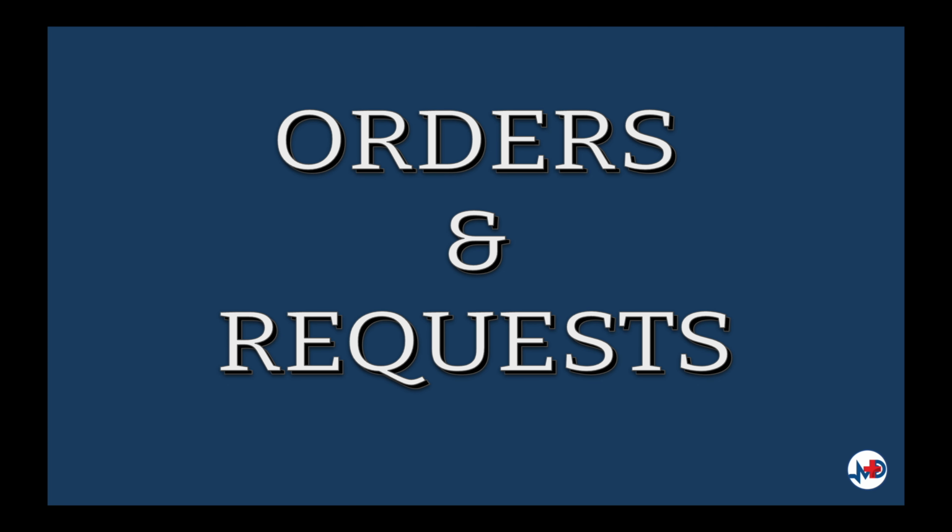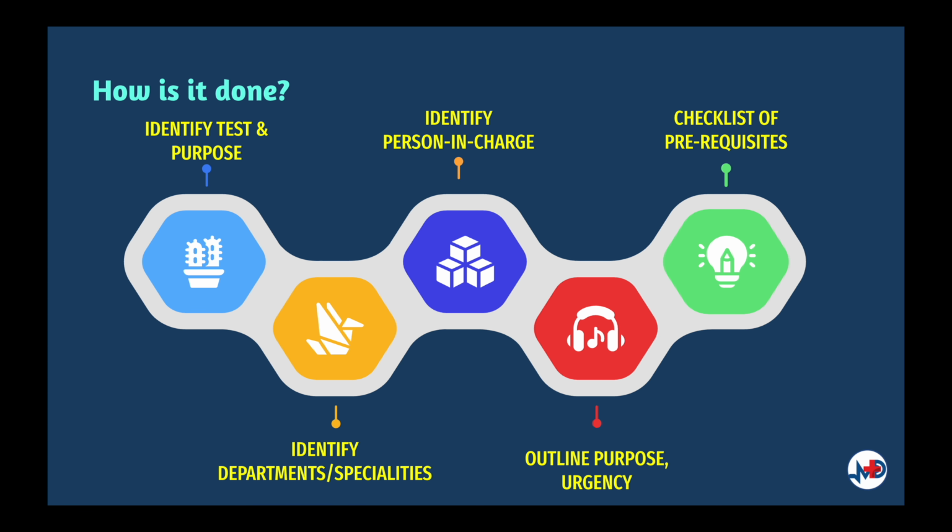When service from another department is required, a request is made. House officers are assigned to make requests following the plans in the daily reviews. So how does a request work? Identify what is the test to be done, identify the departments involved, and also the officer in charge,